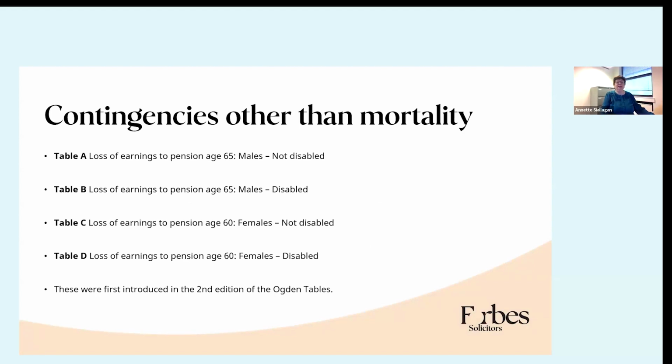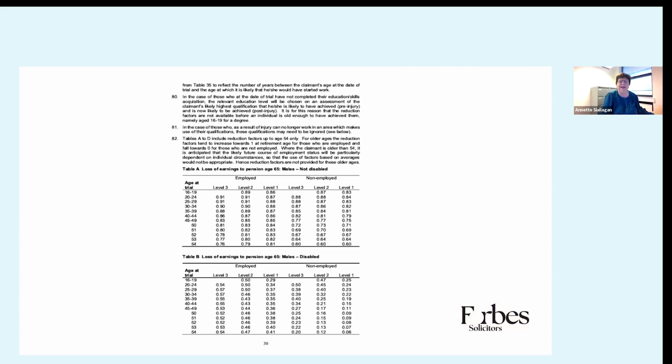So tables A to D are basically loss of earnings to pension age 65 males, not disabled, loss of earnings to pension age 65 males disabled, and then C and D are the same tables but for females. And these were introduced in the second edition of the Ogden tables. So I've just put up there the actual tables as they're shown in the explanatory notes, so you know what